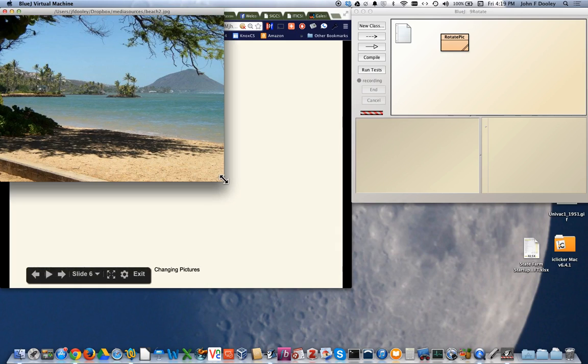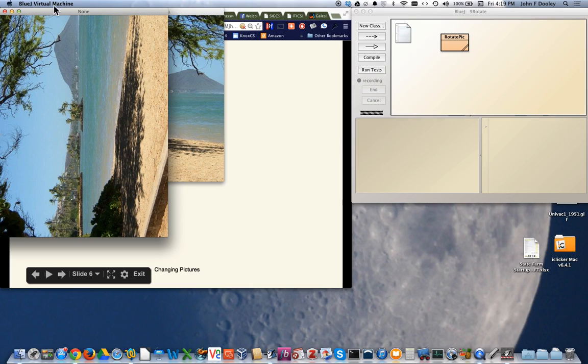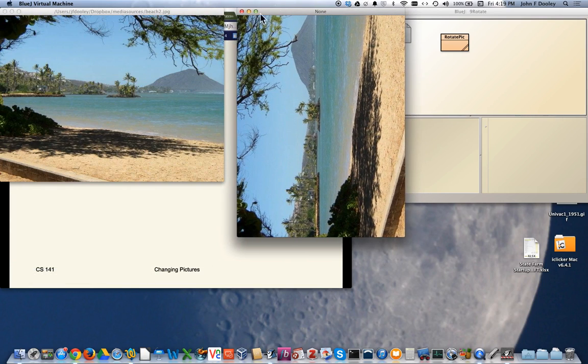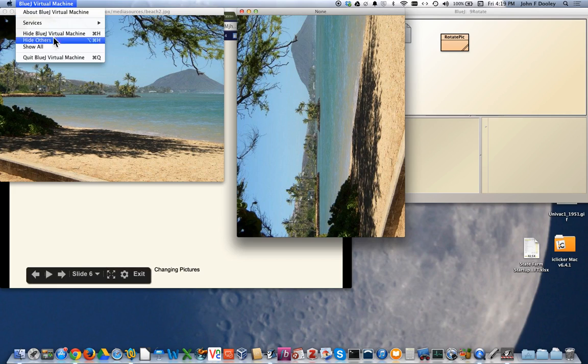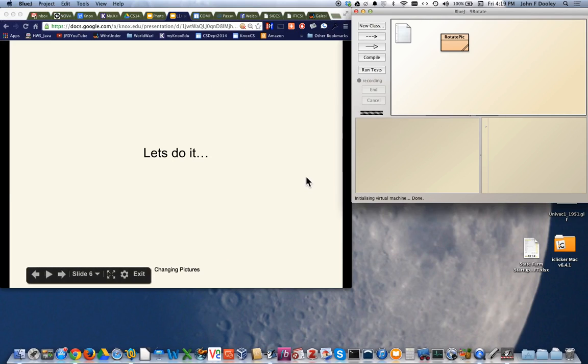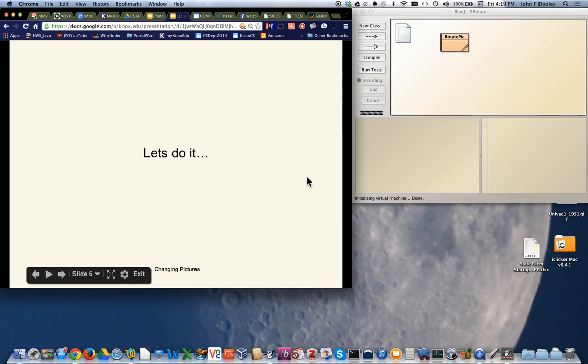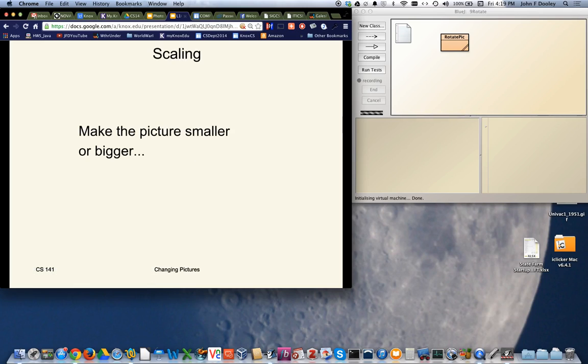And beach 2. And 2, 1, thunk. And now with a rotate left, the left side becomes the bottom and the right side becomes the top. But otherwise, the pictures are pretty much identical. So, well, not pretty much, exactly identical. So, all right. So moving along then, from rotation we move to scaling, where we want to make the picture